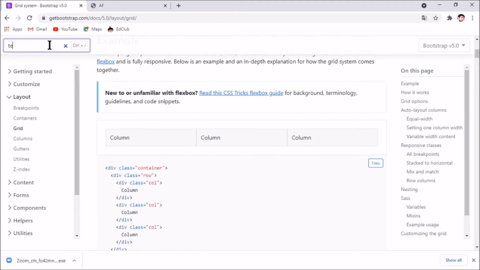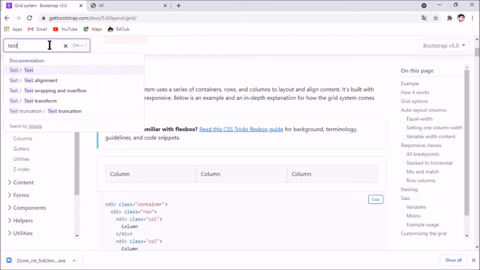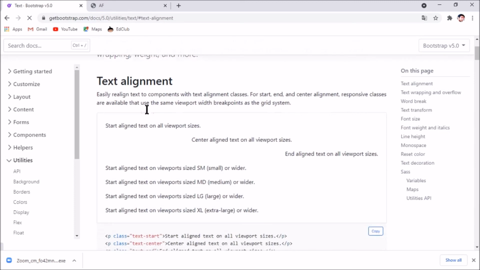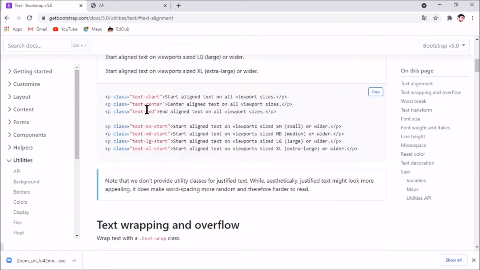Okay, so I am going to search text Allegiant. You can see the options. I'm just going to click on this. After clicking in, we can see many options. I'm going to select this one, because this has the text center. You can see what kind of output it gives. In the text we can read also. I'm going to copy text center.